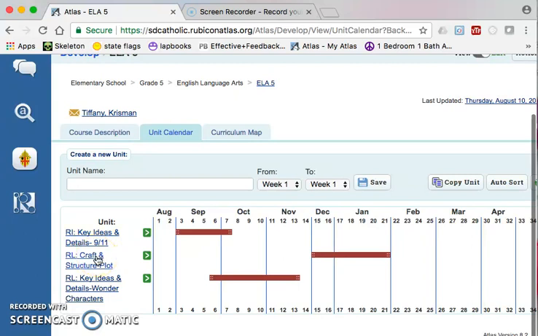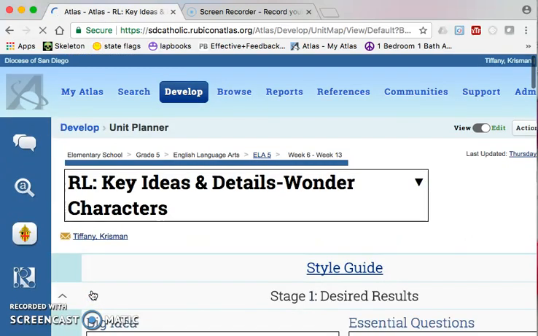The next one we did was craft and structure through literature, and my focus on that is plot. And finally, we chose key ideas and details through literature. I use the book Wonder, and I focus on characters. So I'm going to walk you through the final map that I created, which is the key ideas and details Wonder characters map. So I'm going to click on it here, and it's going to take me directly to my